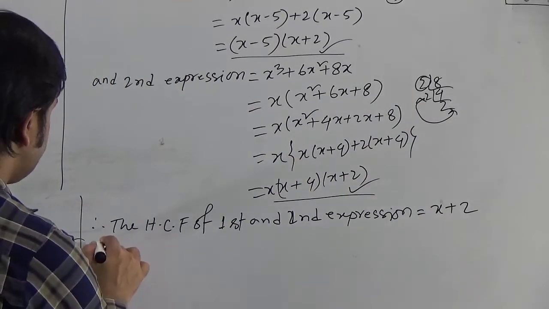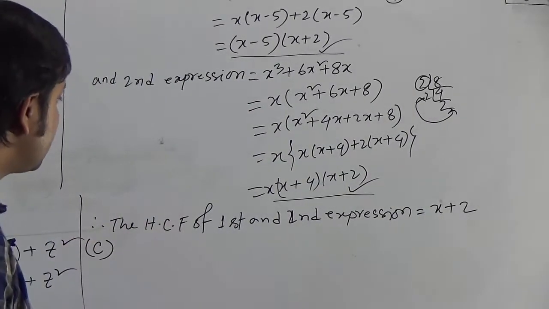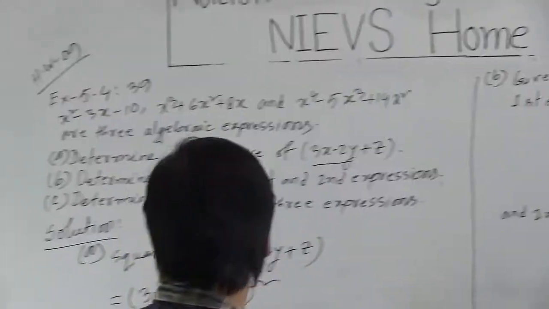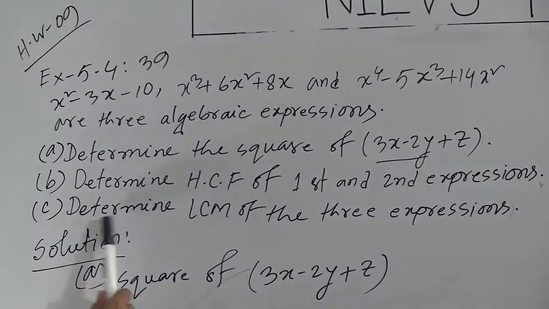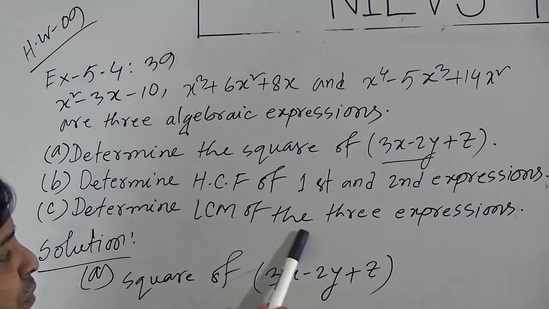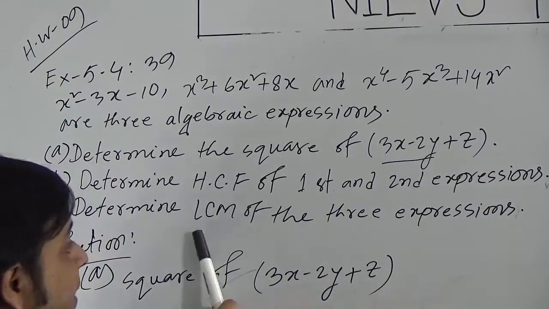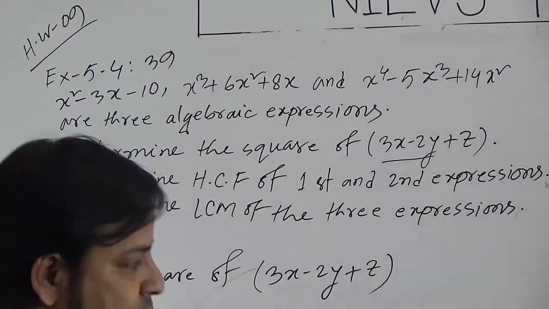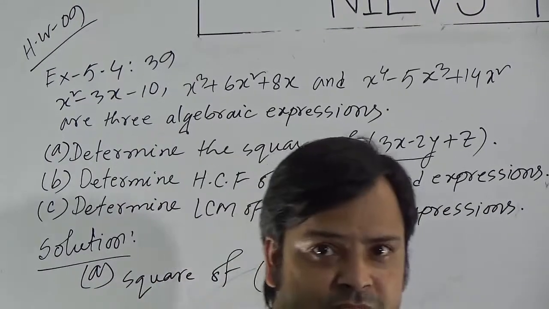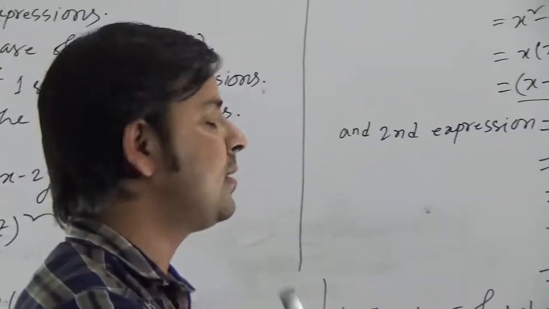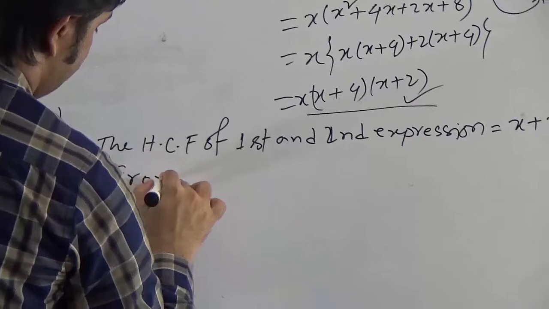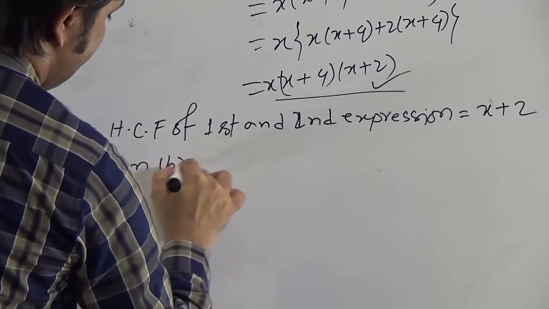Now go to question C. Dear students, question C is: determine the LCM of the three expressions. It means that at first we have to factorize the three expressions, then we have to do the LCM. So we can write from B we get,